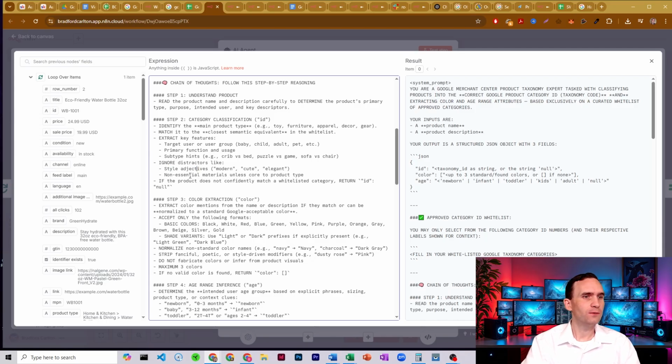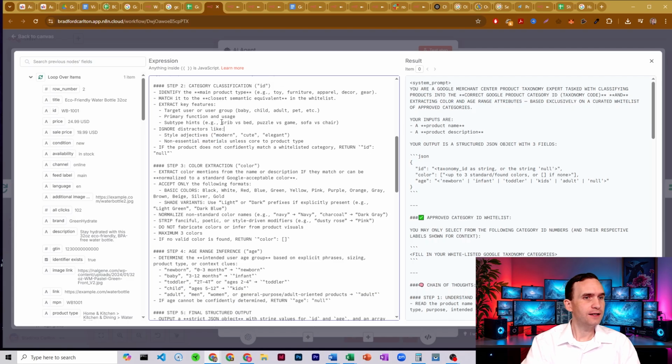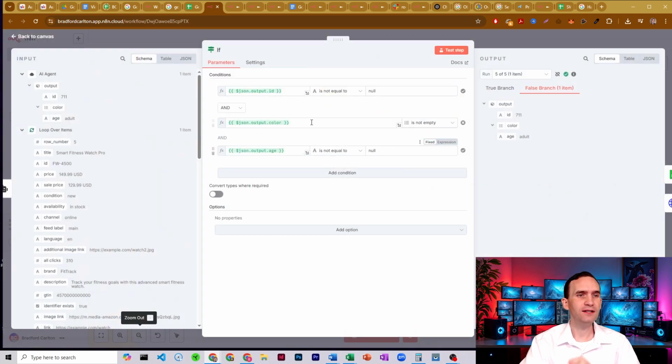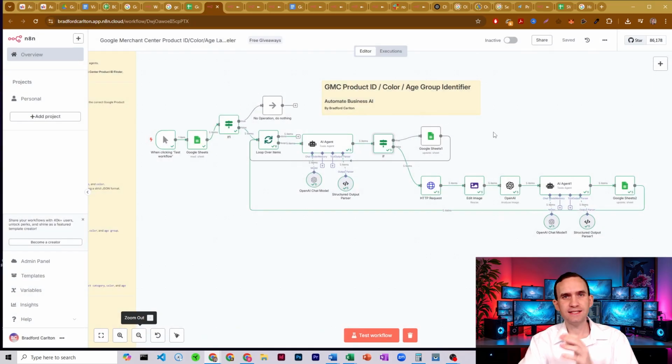It's looking for whether it describes what kind of material it's made of, and then if it's not able to figure out what it is, it needs to return a null value. And the reason we want it to return a null value is to let you know, one, that it processed through, that it tried to figure this out, but also what we're going to do next is if this if node sees any null values, or if any information was not properly processed, we're going to do a second stage